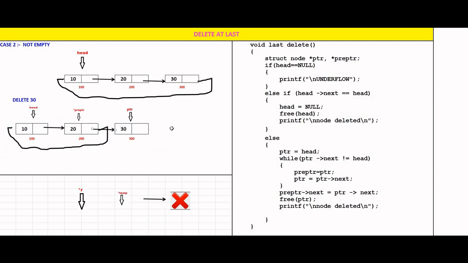This is overwritten. At this line, you copy the 100 into the next part of pre-PTR, the address of the first node. Next, free PTR. Wherever PTR is pointing, free it. This is the actual deletion. And print that the node is deleted. This is how the deletion from the last happens.